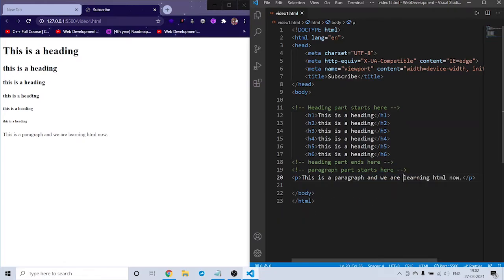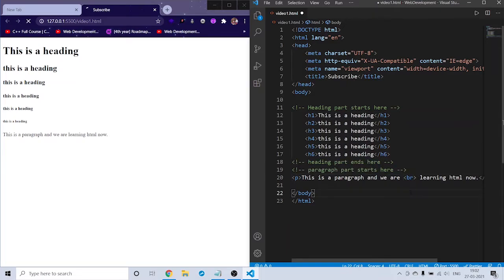If you want a line break here, what we can do is we have a new tag here. We have another tag which is called BR, and if you observe here, BR is a single tag, which means it is a self closing tag. We don't have another closing tag like we have for this h1 and paragraph. It is a self closing tag.